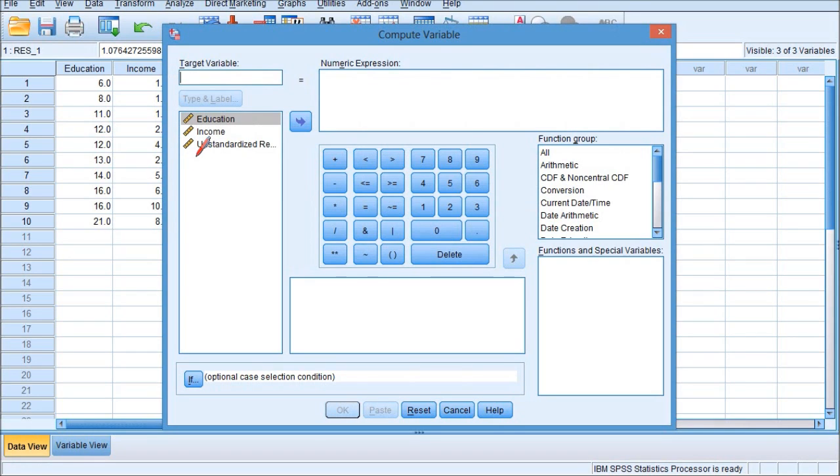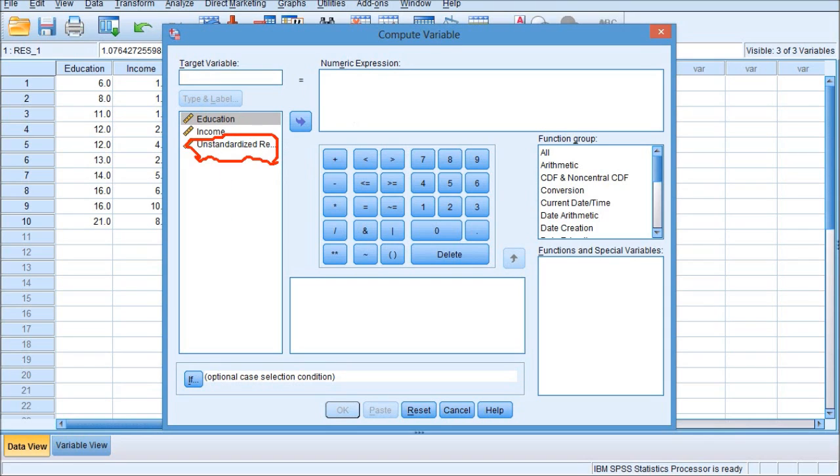Move this variable. We need to generate squared residual, right? This is the residual variable. So we are gonna use this variable to generate a new variable of squared residual.